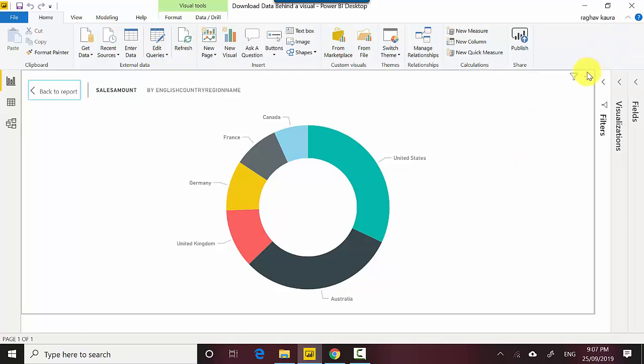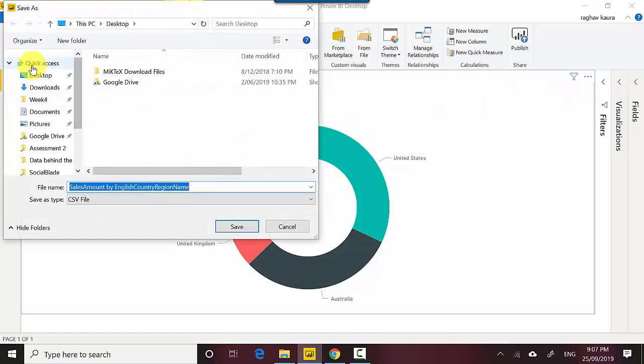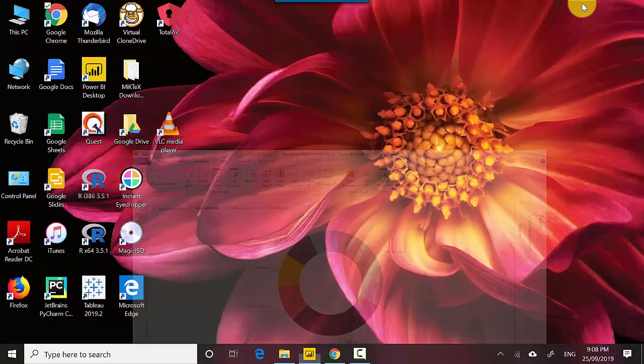So you go to these three dots here, and then you click on export data. And let me just put this on, and it's a CSV file. So I'll just click save. And what we'll do is,